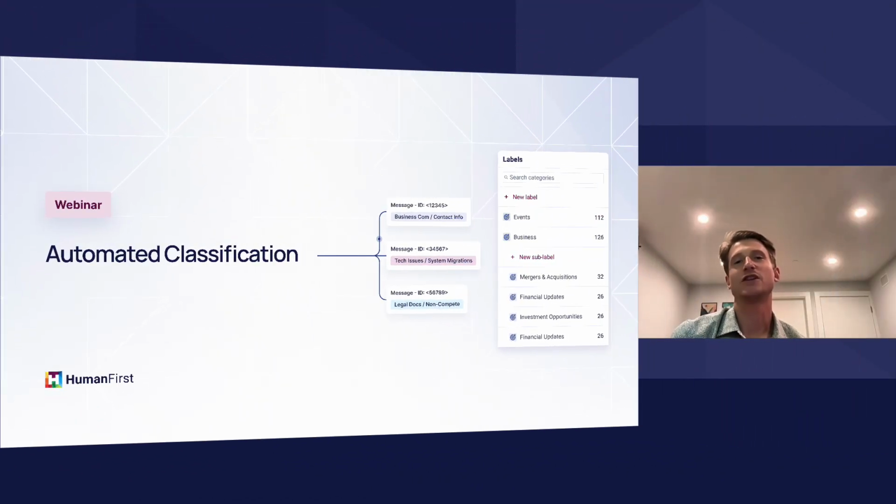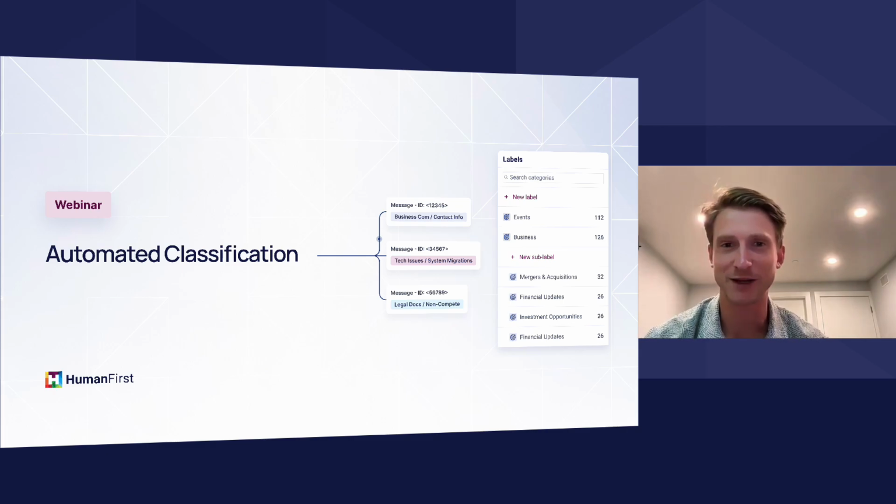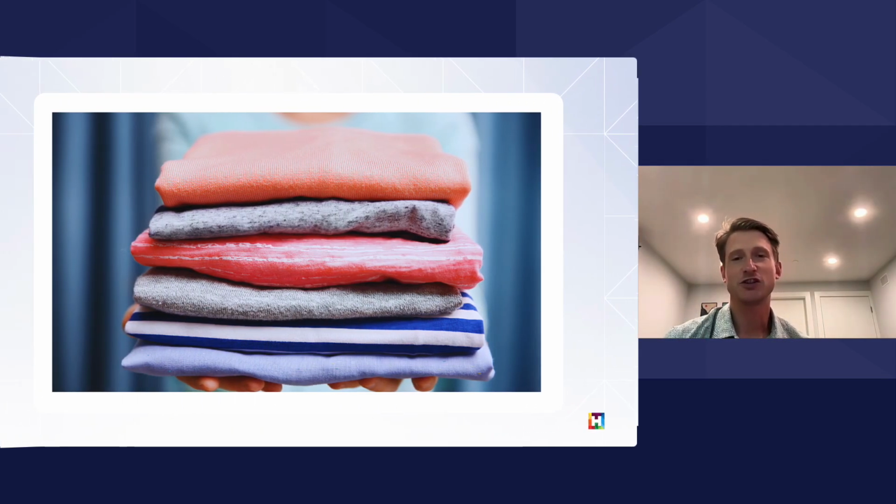Really what I want to talk about today is classification. And for those of you that know me, I have a tendency to get a little bit onto a soapbox, so bear with me for a couple of minutes while I do. Classification is really a simple job, and our human brain is really, really good at this type of work.